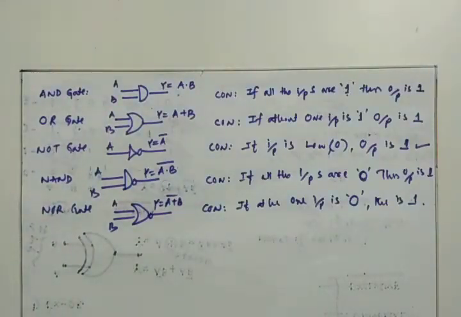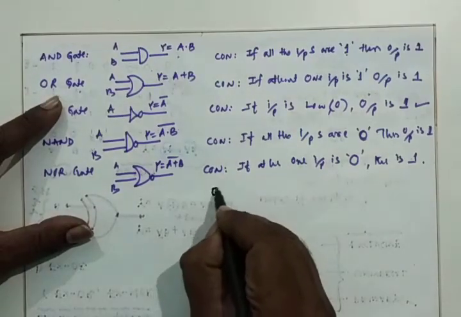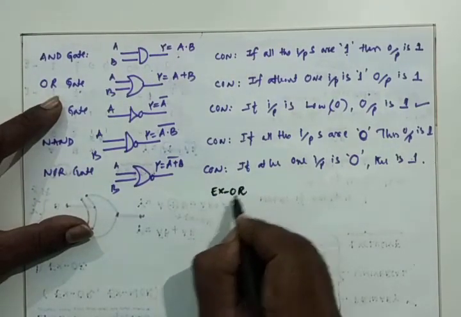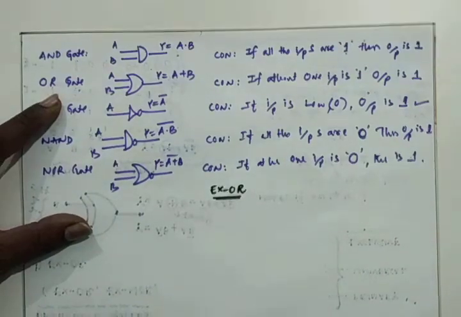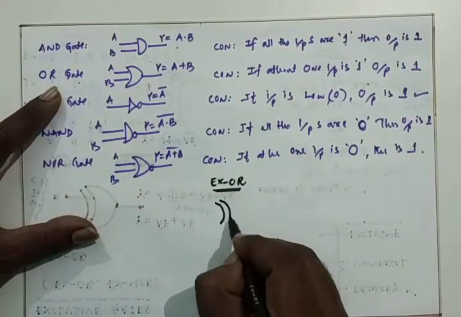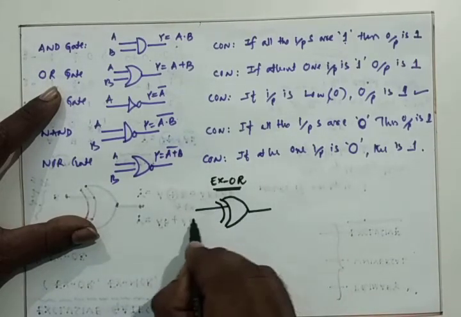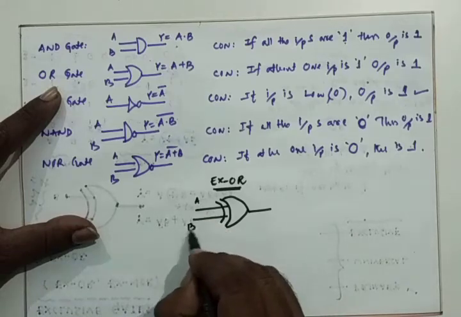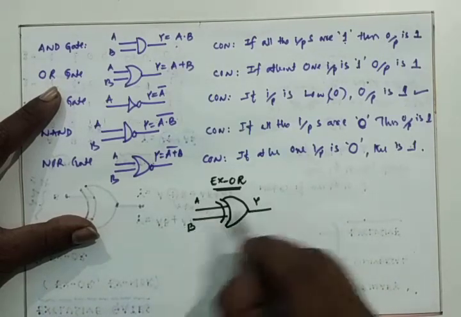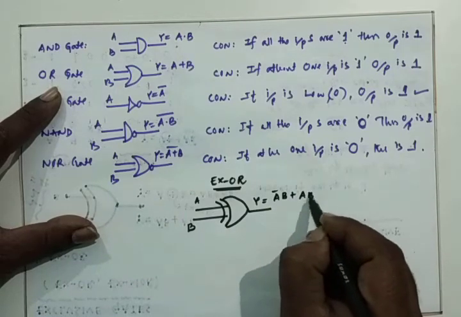Then by making use of the logic diagrams also, we can explain the exclusive OR gates. Then I am going with the exclusive OR gate. Exclusive OR gate, just now we have studied its truth table, now with respect to the logic diagram. Exclusive OR gate symbol is like this. These inputs are A and B. Output y, I can call it A bar B plus A B bar.